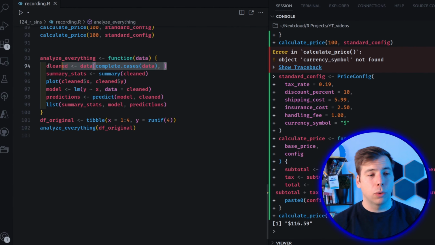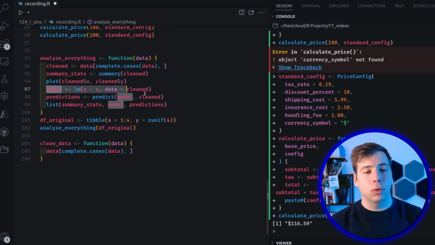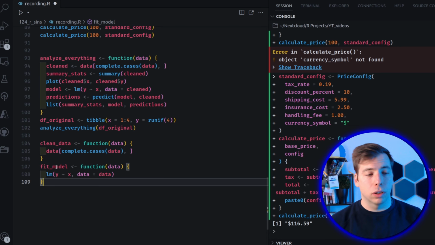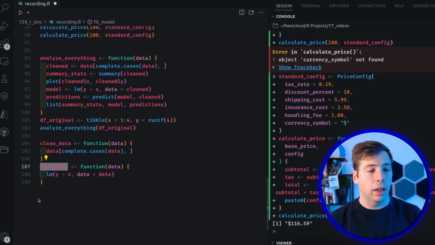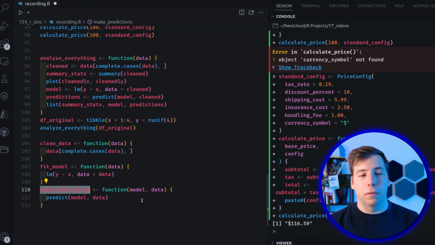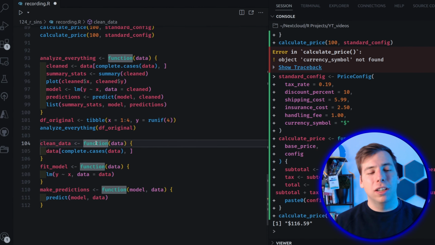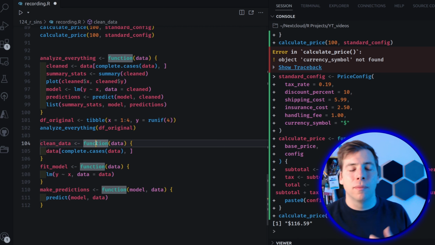What we could do here is to create a function that just does the data cleaning. So here let's call it clean data. Then we can do this model fitting somewhere else. Let's call this function fit model in yet another function. And then for the predictions, we could also do the same thing. In this kind of contrived example, each function is only one line, but typically you'll have some little pre-processing or some other steps you'll have to do before you can do the last step. So that's why here it really looks very small and kind of overblown to stick one line into one separate function. But in a real world example, you often want to have these little functions